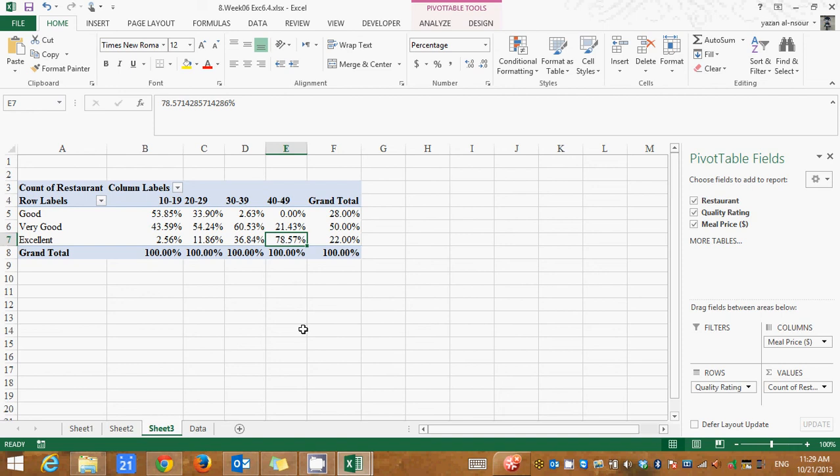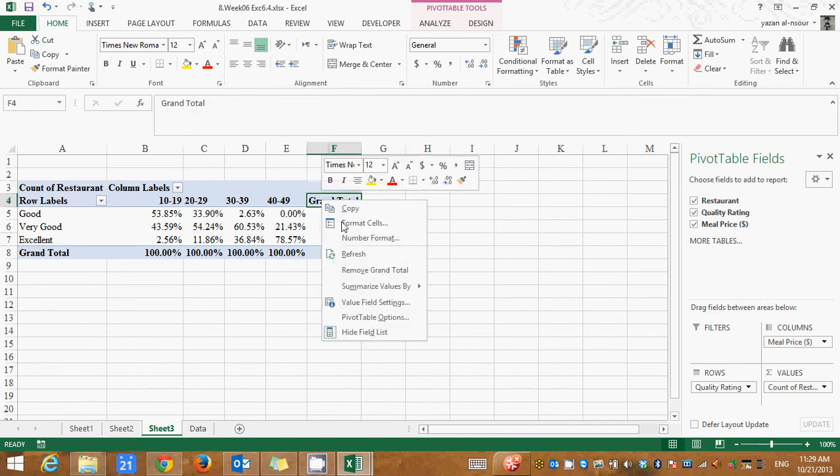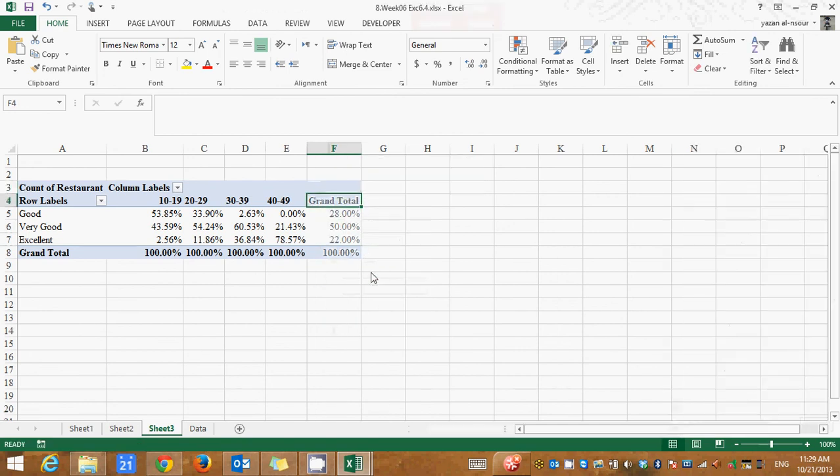Which could mean that most of the expensive restaurants are rated as excellent. The columns add to 100%, whereas the grand total for the rows doesn't really mean a lot, so I will just remove that, remove grand total, and now I have a cross tabulation, and the cells as percent of